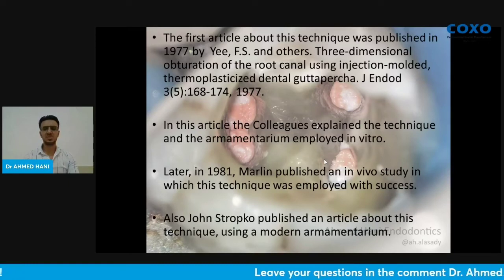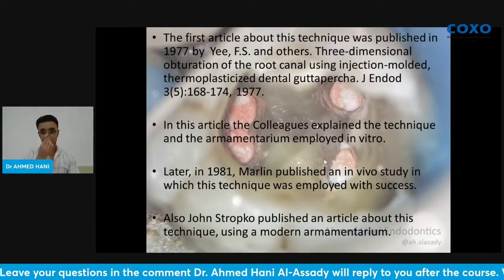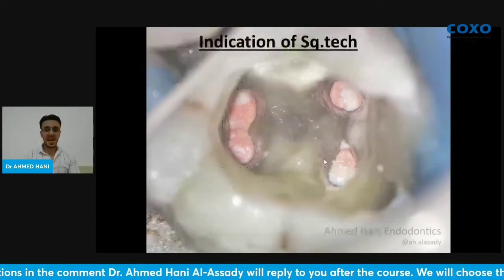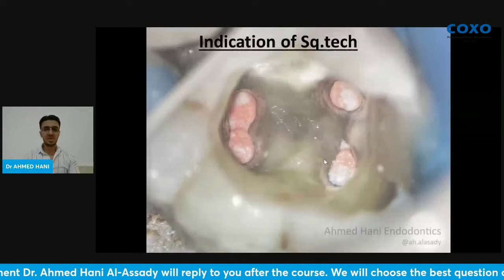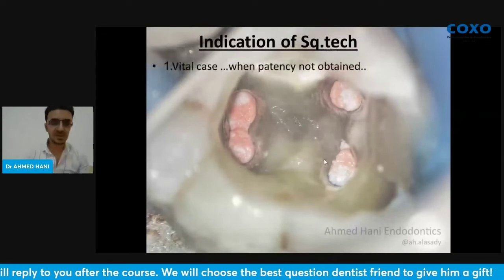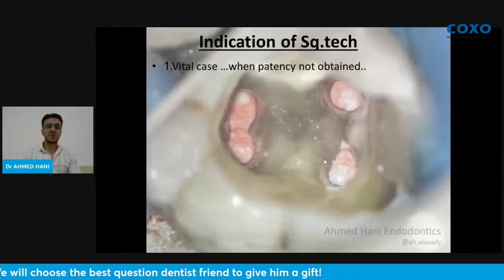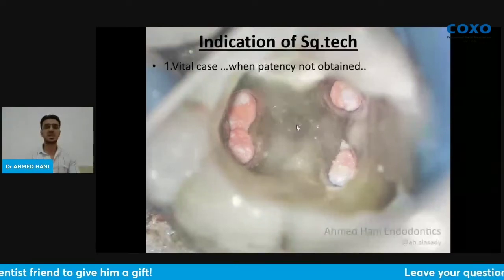Also John Stripko published an article about this technique using modern armamentarium. It's an efficient technique in skilled hands. So, indications of the squirt technique: